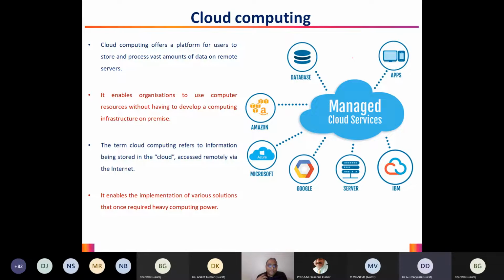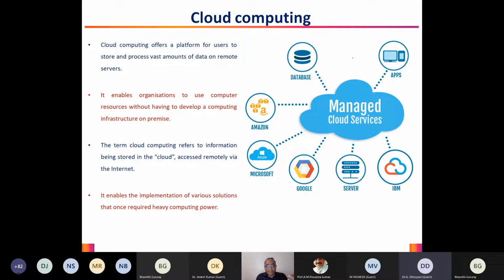So based upon the level of storage we need, only we can utilize that, and the cost is also going to be saved in this case, because as per the need, we will buy the storage. And maybe if my storage is limited, I end up paying only for that particular storage. So that way cloud computing enables organizations to use computer resources without having to develop a computing infrastructure